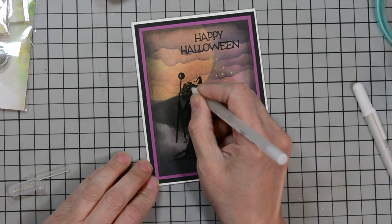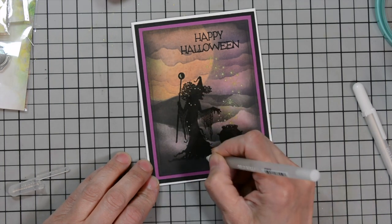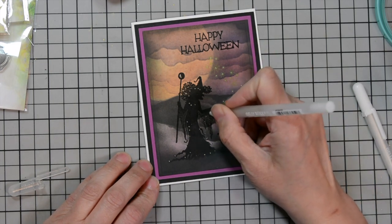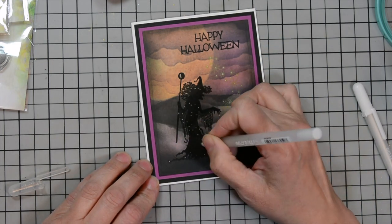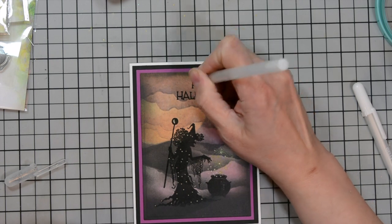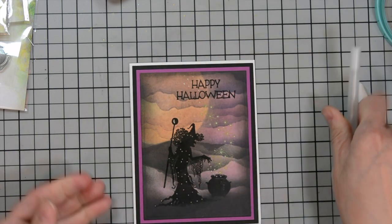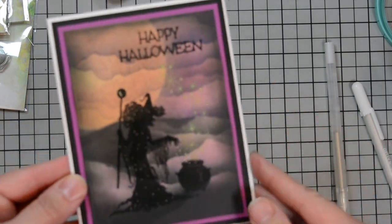And then I went a little crazy. This looks so nice, I'll just keep adding. So I'm not so sure if I love it afterwards with all the little dots on her costume or her clothes. However, it's done, and the person who's going to get this, I'm sure will love it because they love everything glittery and shiny. I even put some on her staff there. Okay, so now that we have all our little glittery dots everywhere,